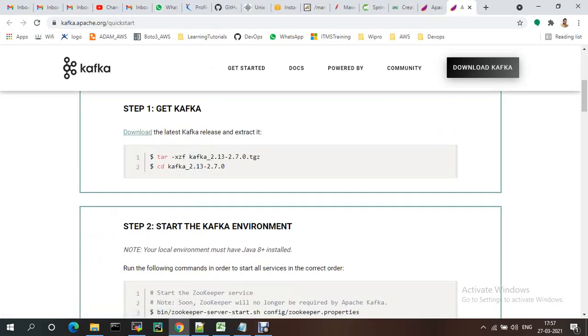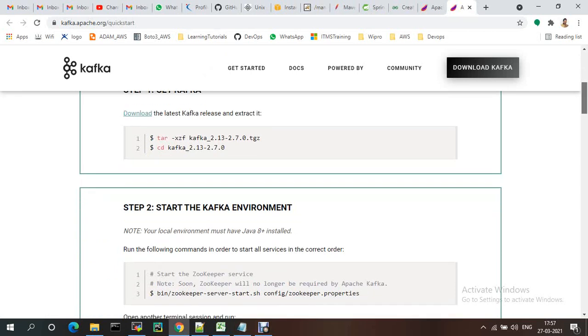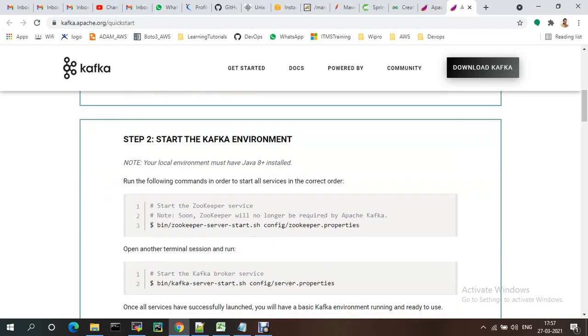To get Kafka we need the latest one, and your local machine should come with Java 8 installed. We already installed Java. Run the following commands to start the services.